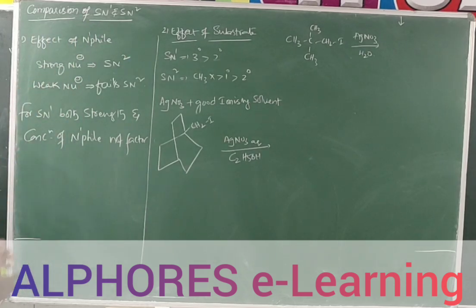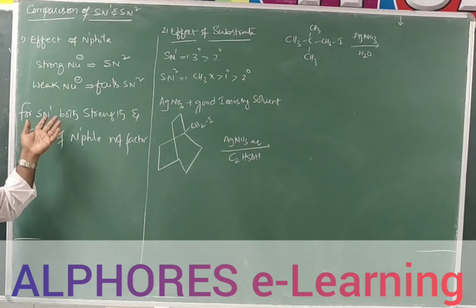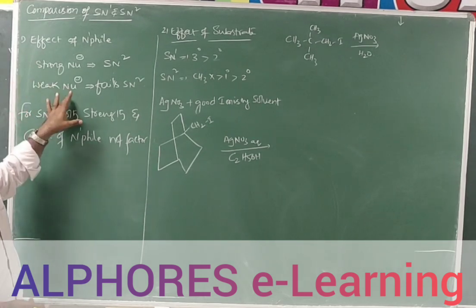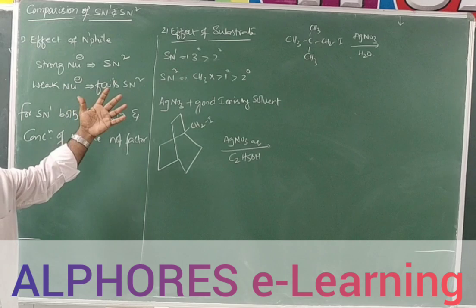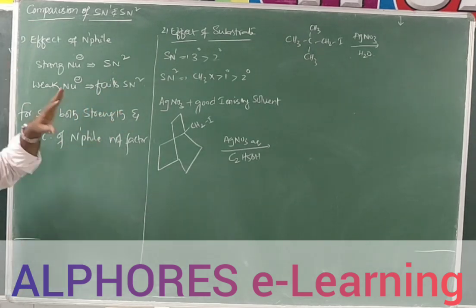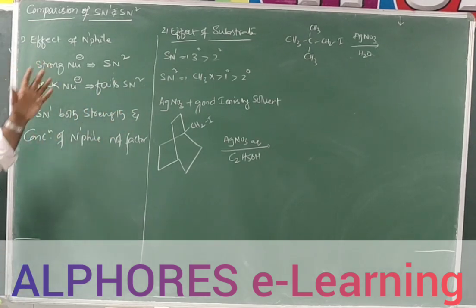So how would you identify, if a reaction is given, which product you are going to get and which product you are not supposed to get? Previously we discussed that the conditions required for SN1 are completely different from SN2. Simply, SN1 conditions do not favor SN2 product. Now, let us see the factors affecting these two, the comparison of SN1 and SN2, and how they are going to affect.